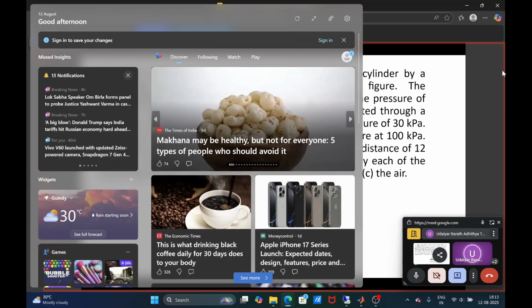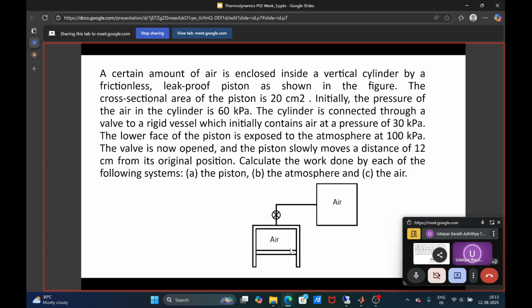So what we have here is a piston cylinder arrangement, which is connected to an air reservoir or compressed air tank. Initially the piston is at rest, and you are given the piston cross-sectional area and the initial pressure in the cylinder. The cylinder is connected to an air reservoir. So when this valve is open,